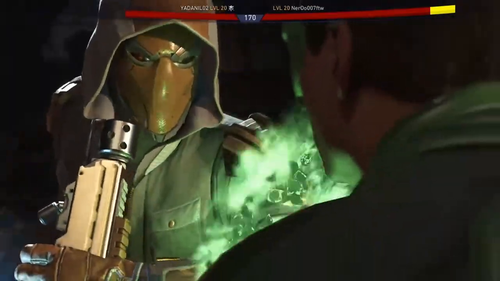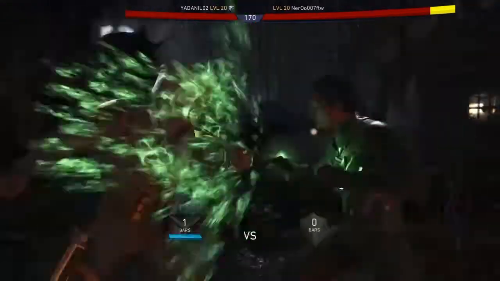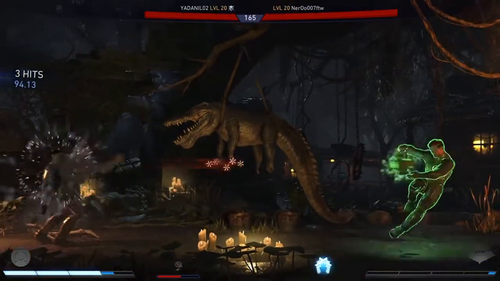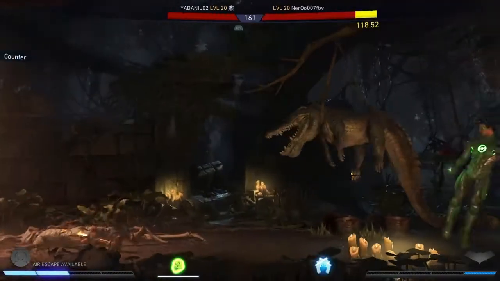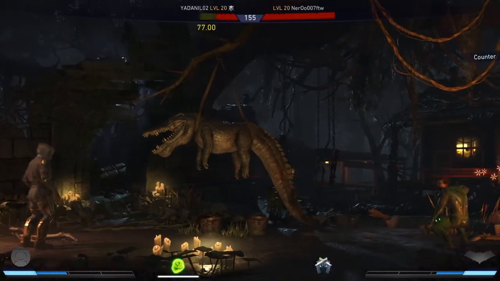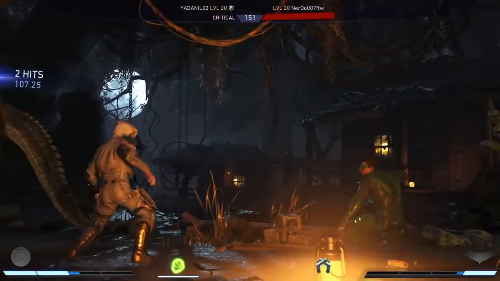This dude has no clue that you can reset. He doesn't know about other combos. He doesn't know how to play on the range. He doesn't know anything. I just used the clash because I just wanted him to use his meter, and he only used 1 meter. It's alright, but you see, he's just spending the meter on the Green Lantern slide, and yeah,